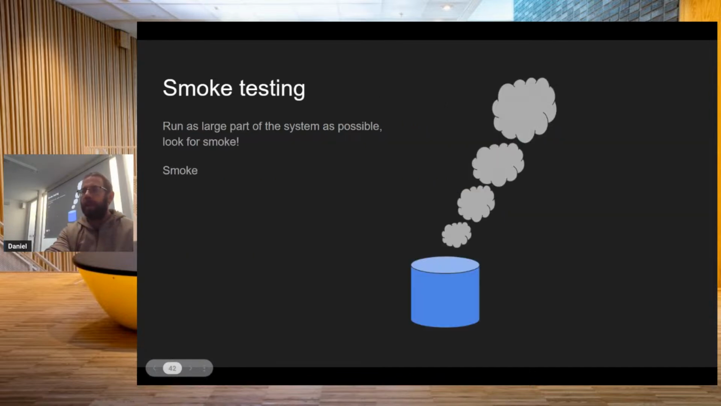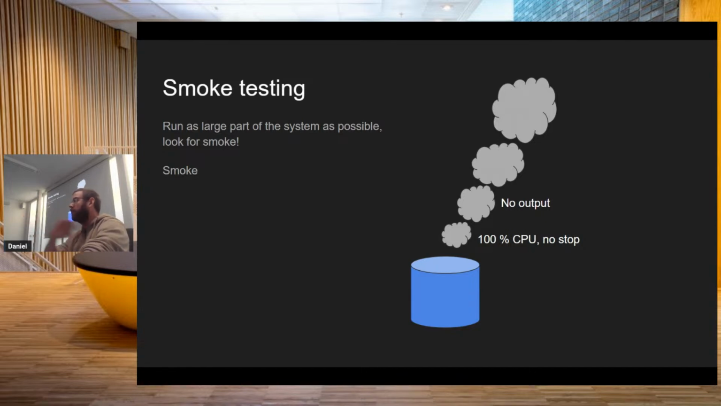So let's look at smoke testing first. We try to run as large part of the system as possible. I start my game, for instance, and then I look for smoke. And smoke could be, for instance, that we have 100% CPU for a long time. That it never stops, while true loop, perhaps. That is smoke. Smoke could be we don't get any output. So, for instance, you start up your server, you navigate to the site, but you don't get